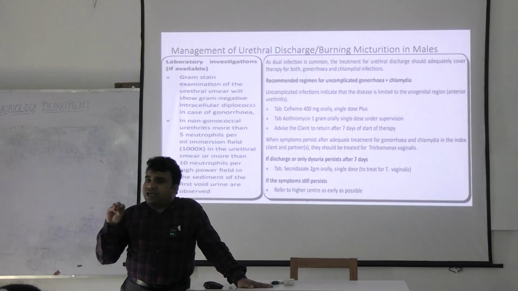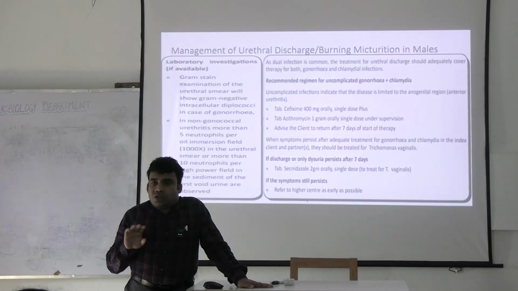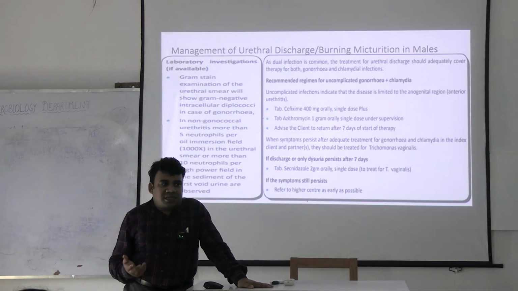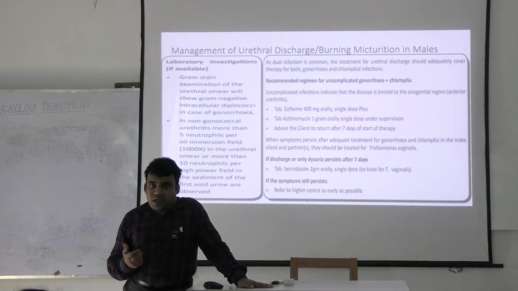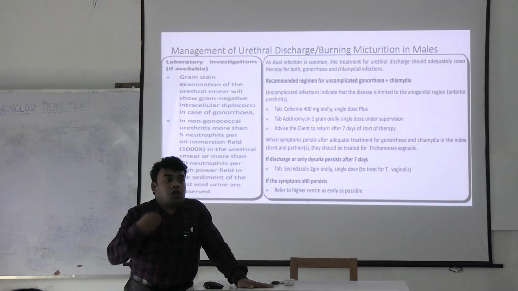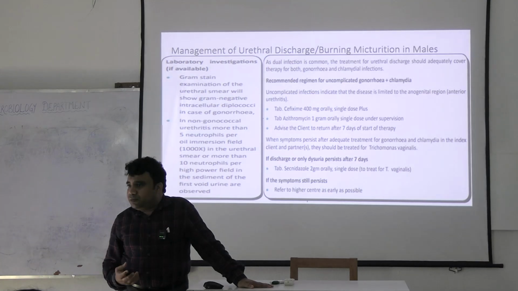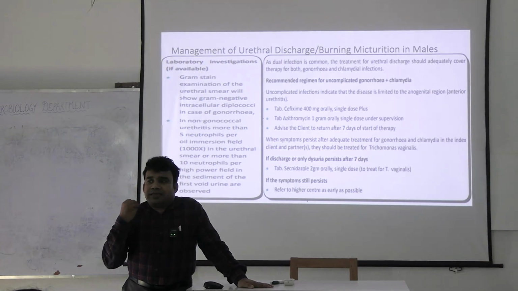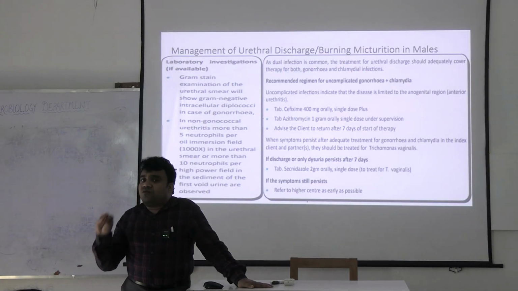Furthermore, if there is urethritis, the organism will be present in the urethra. So if we take the whole urine sample, the probability of getting the organism will be even less. But if we take the first void, that means the initial part of the urine will flush out the organisms and we can get the organism in that sample. That is the reason why in case of non-gonococcal urethritis, the best sample would be the first void urine.